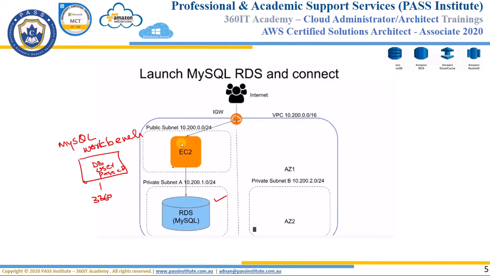Where would you need to enable the port? The security group that is attached to this EC2. So here we'll open the port, we install the software, open the port and connect to the DB. So let me quickly, the video is getting over 20 minutes. So what I'm gonna do is